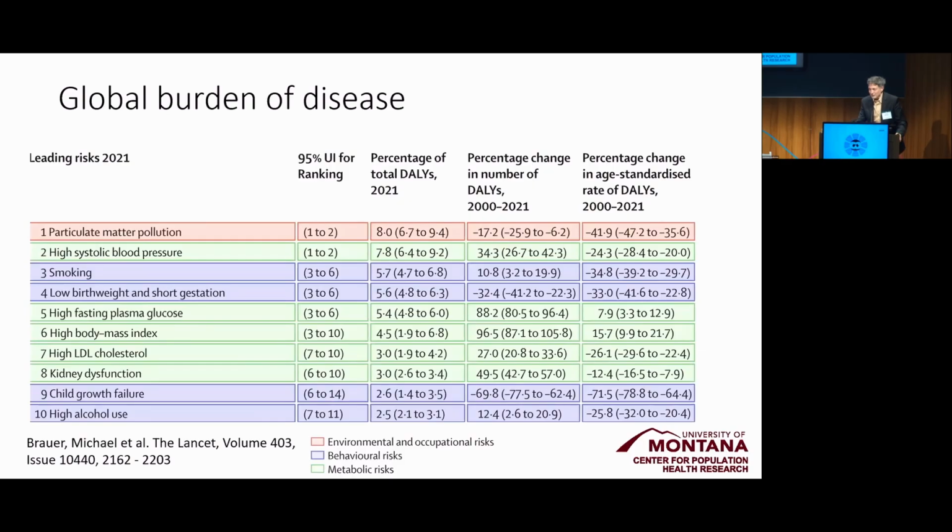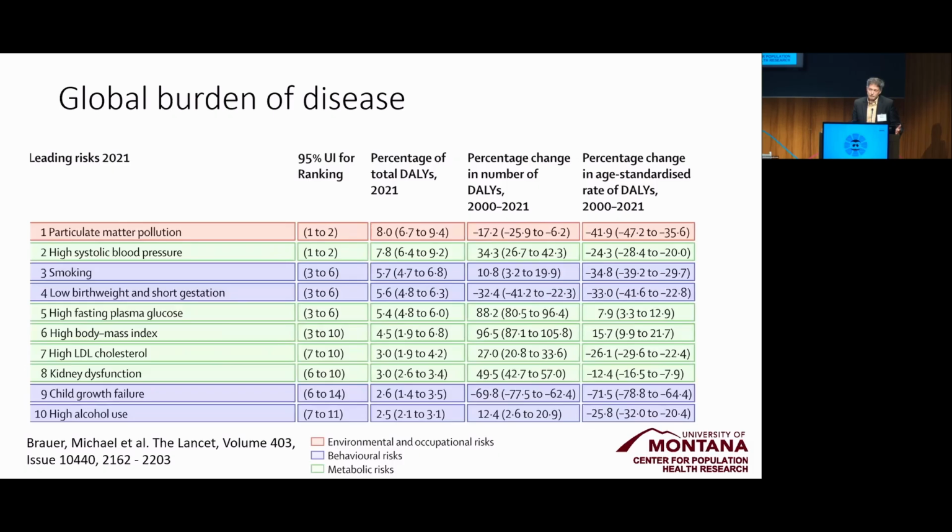So for starters, those of us that work on air pollution and epidemiology, I like to point to this particular data point from the Global Burden of Disease study. This is looking at rankings of contributing factors to global disability adjusted life years. You can see that particulate matter air pollution, this is what they call a level 2 look at things. The level 1s are color coded according to environmental occupational risks in the red, metabolic risks in the green, and behavioral risks in the blue.